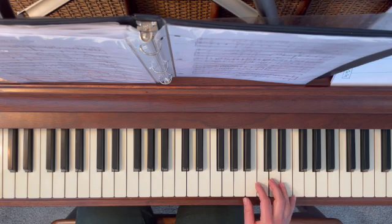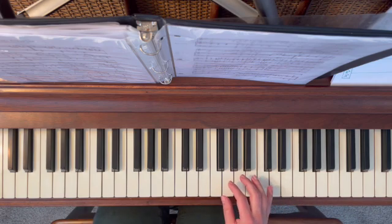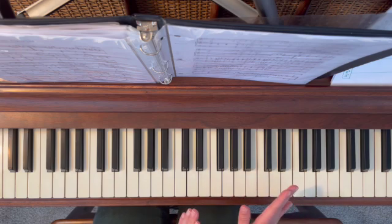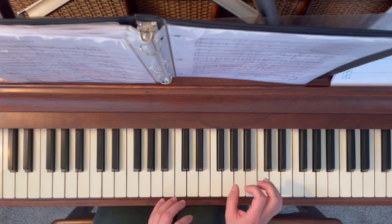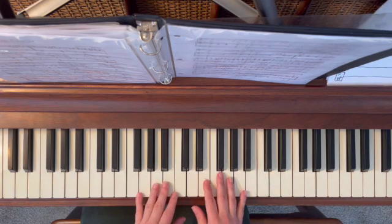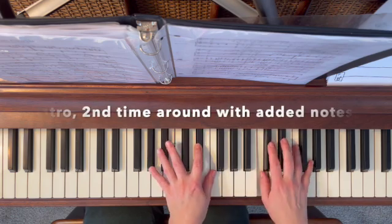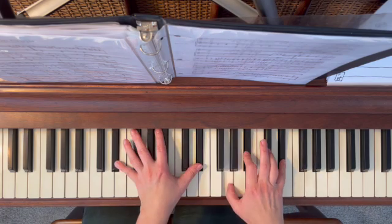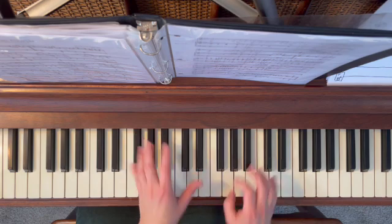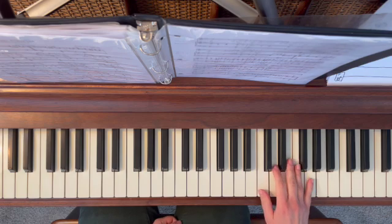But what you're going to do is I'm going to show you how it's played the second time around all together, so you can hear and see where I put the extra note. Okay, so this is how it goes. All right, so it's almost the same as the intro, but you're cutting off the beginning part, and we're going